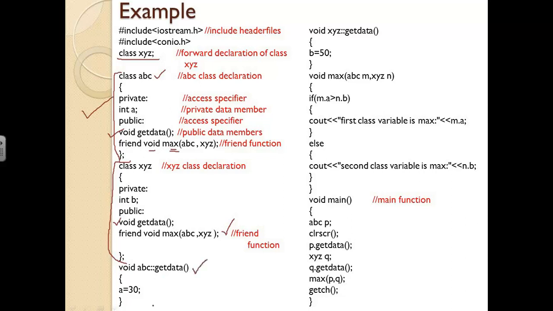All the member functions I'm defining outside the class declaration part. And second I have defined the get data member function of the XYZ class, so I got the value of A and B. Next I need to define the friend function. What is the rule we have seen to define the friend function? Even though we define the friend function outside the class declaration part, it won't have the scope resolution operator, and there is no friend keyword used here. We have defined it just like a normal function definition which we used to do in C programming.